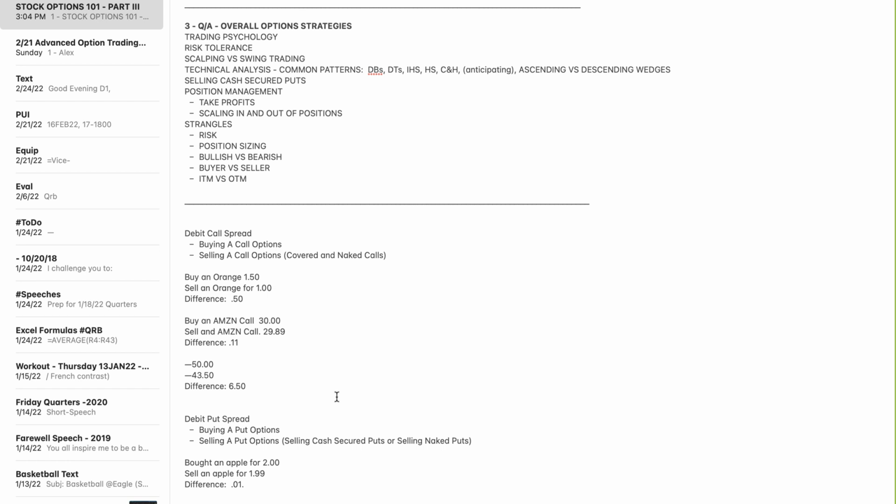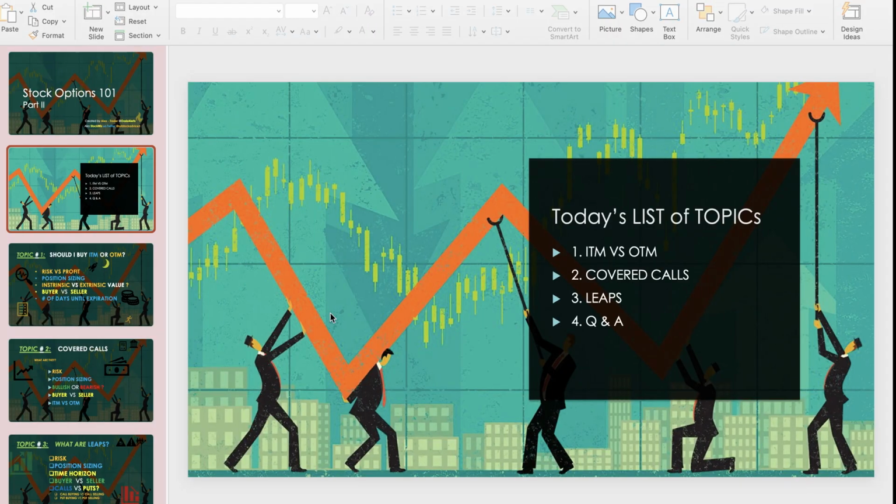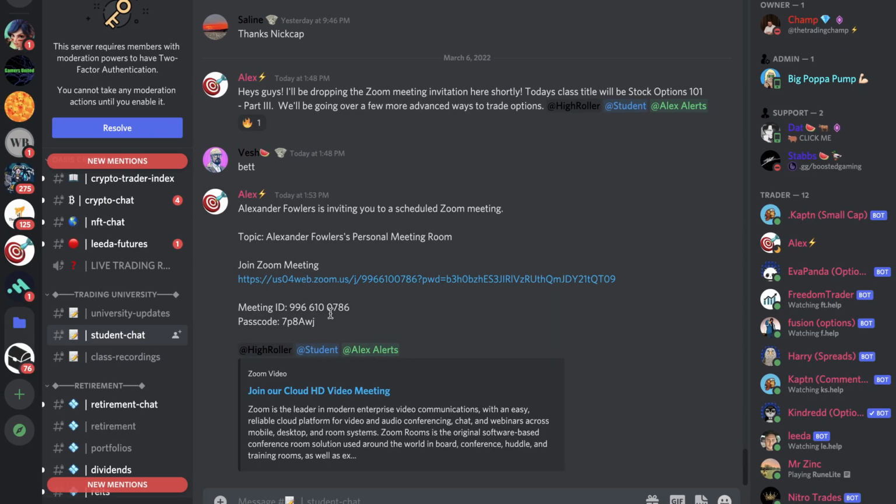When it comes to debit put spreads, it involves buying a put option and selling a put option, right? And the same principles we talked about when we're going over debit call spreads apply to debit put spreads, right? Where you're buying the spread between two contracts vice buying the actual contract by itself. So we can just go into, let's see,